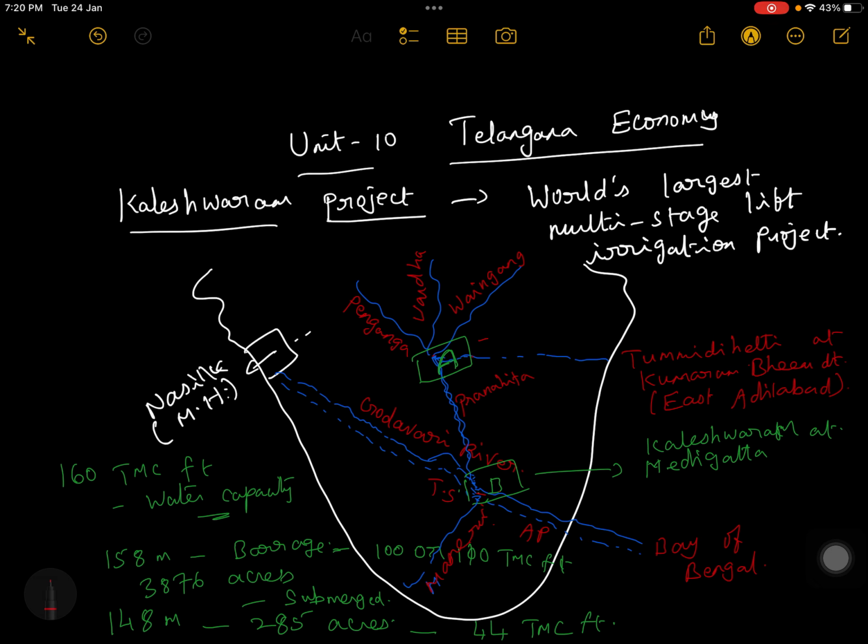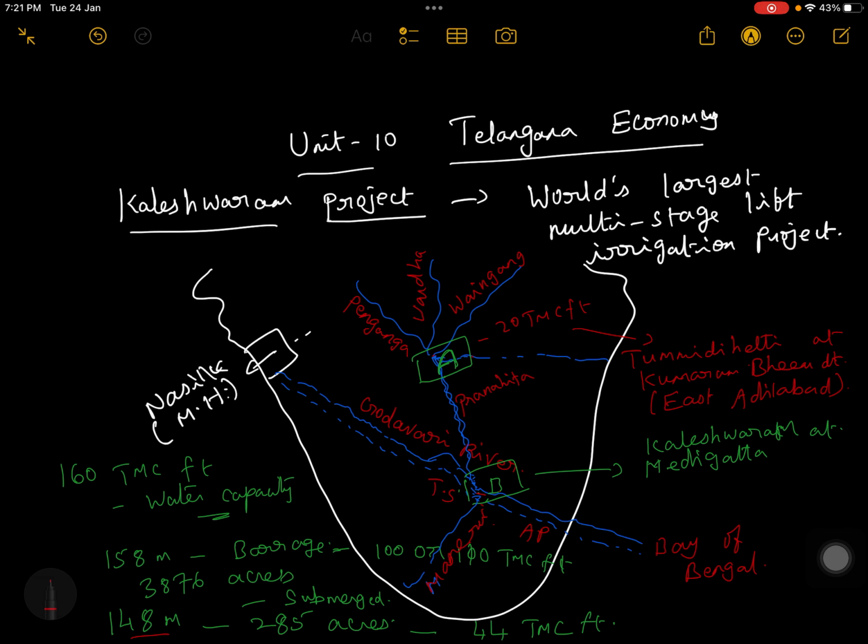In the Tumidihatti, the project will be in such a way that nearly 20 TMC of water will be diverted by constructing a barrage at whatever height is prescribed, 148, according to the Maharashtra government. 20 TMC of water will be diverted to this Tumidi at the Kumaram district, and by constructing another barrage at Kaleshwaram, the water capacity increases. So by constructing at B, a barrage at Kaleshwaram, the water capacity, instead of 160 TMC, it is,